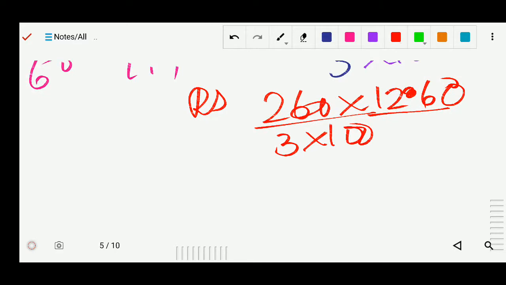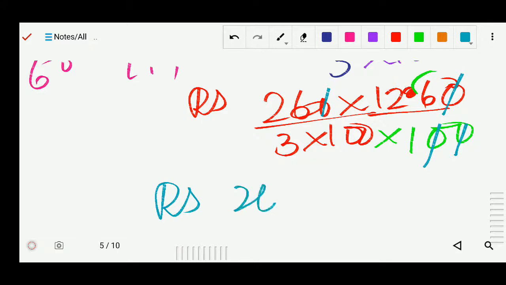Whenever you remove this point, on the denominator side we will write 1, and after the decimal how many digits are there? 2 digits. So write 2 zeros here. Now you can cancel this 0, cancel this, cancel this one, cancel this one. So what I will do, I will multiply here 26 into 12, and also you can divide by 3. Okay, 3 4s are 12 and 3 2s are 6, so 42.